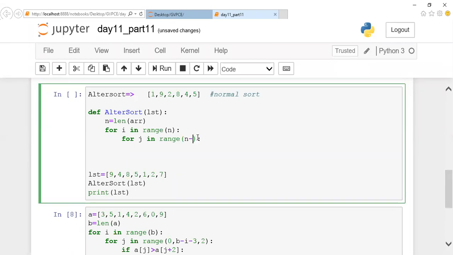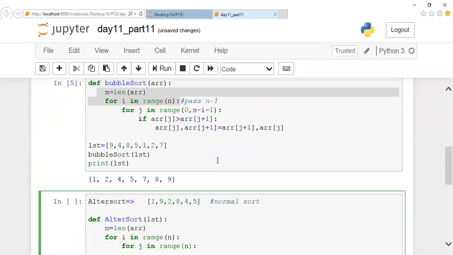Okay, guys, I'll tell you the logic. In the afternoon session, while the session is starting, I will tell you the exact program. Listen here, what the logic is. We know the normal logic for ascending order. We are supposed to compare the first two values, next two values, next two values. This logic is all about bubble sort. The normal sort, how will you do? We'll take the first value, compare with all the values, and find the minimum value.